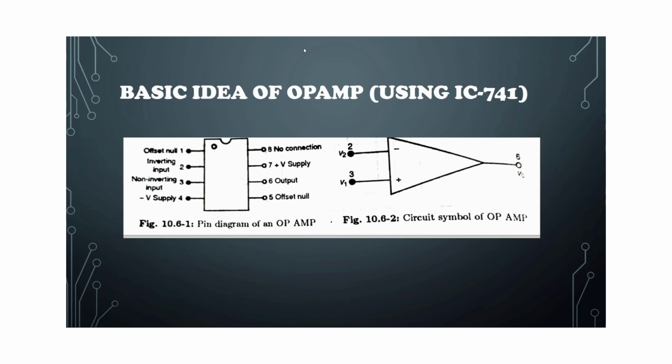If a signal is applied to pin 2, the output is inverted, that is 180 degrees out of phase with respect to the input, while no phase shift occurs when the signal is applied to pin 3. Terminals 1 and 5 are used to make